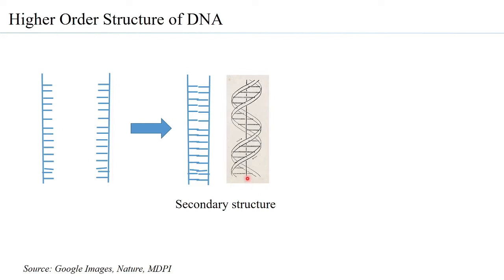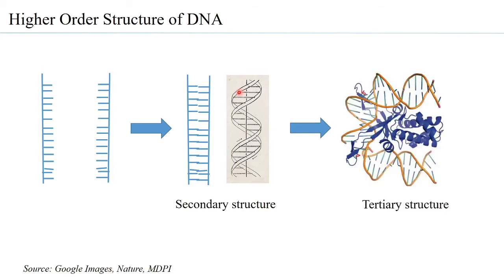And this double helical form has a helical axis. So when this helical axis twists or bends, as is observed in this structure, then that is understood to be a tertiary structure. That is how you can have the DNA going from a lower order structure to a higher order structure. Such tertiary structures are also called DNA superhelical structures, because a helix is coiling further or turning further, and therefore it is called a superhelical structure.